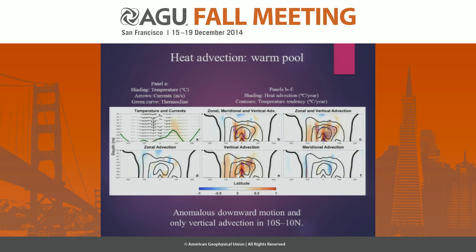To see this meridional dependency of the heat advection, I'm also showing the meridional transects in these two areas, in the Western Pacific and close to the dateline. Again, they are the same plots, the same variables. This is the core of the whirlpool. We see the downwelling motion from more or less 10 south to 8 north, and that explains this vertical advection, and this vertical advection explains a large fraction of the subsurface warming, and the other factors don't have a